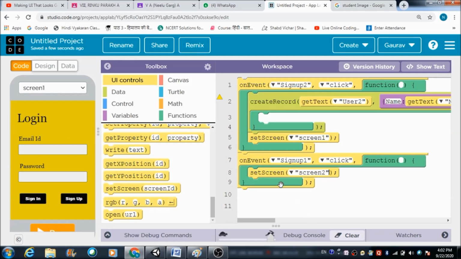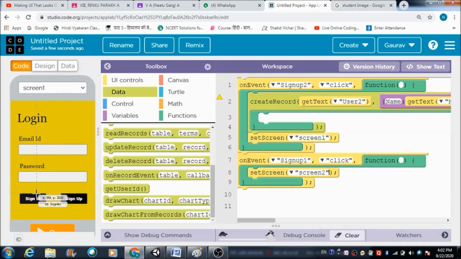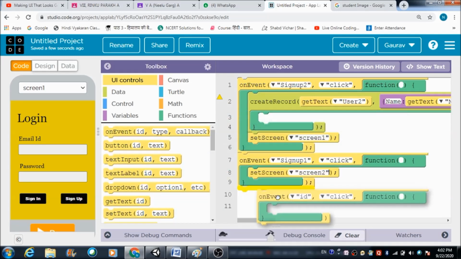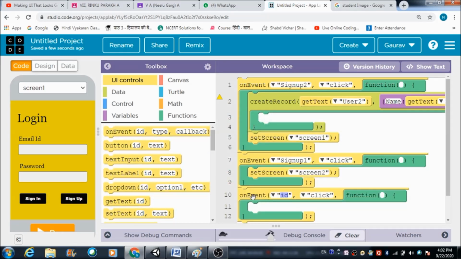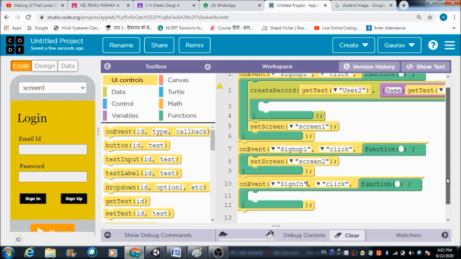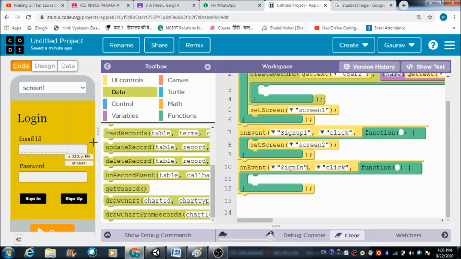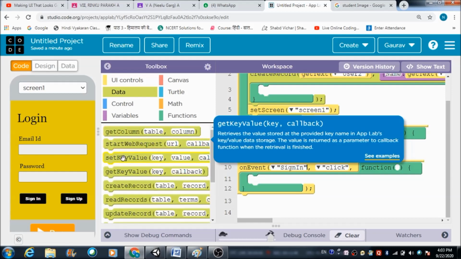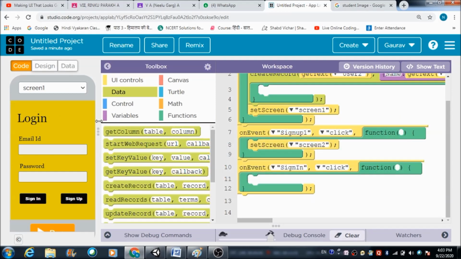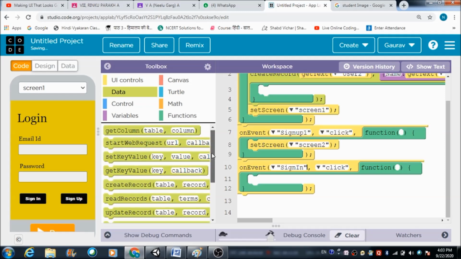For doing that, the first thing that I require is I need to define the code for the sign in button first. So I will be using this on event block, right? And let's select this sign in ID from this drop down, and what I want is to read the data from the table. I want to match the data, these two fields for which the user is going to enter the information here, with the data from the table that has got created here in the data browser. So for that, what I can do is,